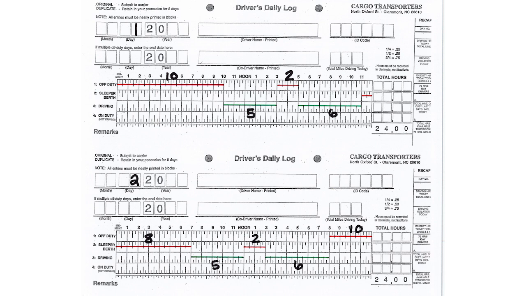The short break must be a minimum of 2 hours, while the long break must be a minimum of 7 hours. But added together, they must make a whole 10, so a 2 and an 8, or a 3 and a 7, etc. It does not matter which break comes first. The short break can be in the sleeper berth or off duty, but the long break must be in the sleeper. Even if your second break is a whole 10-hour break, it still must be in the sleeper because that's